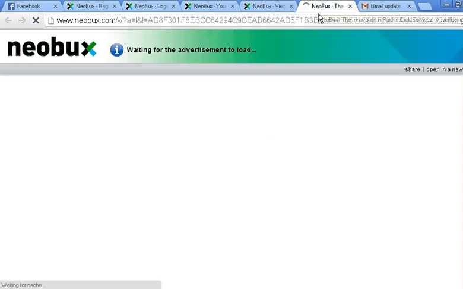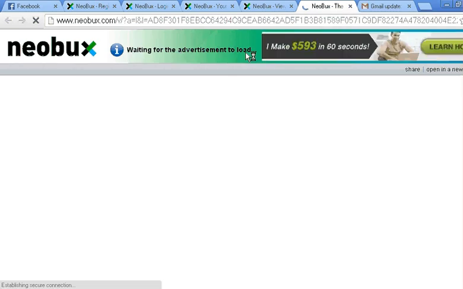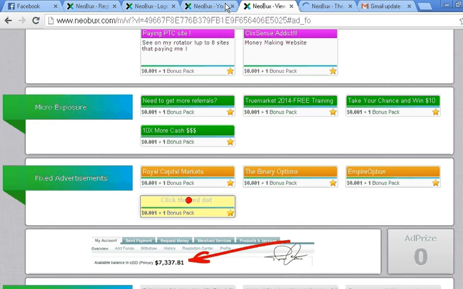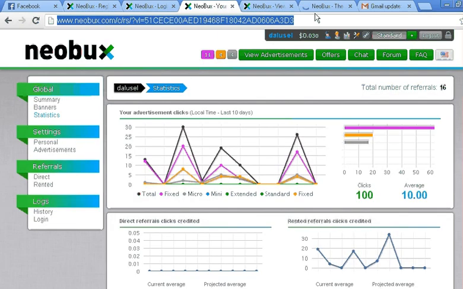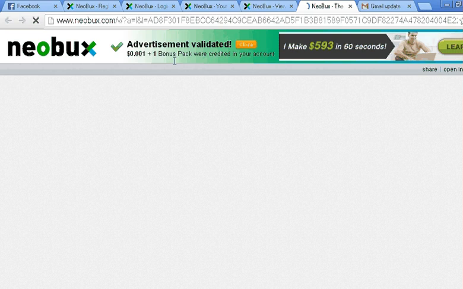When the page starts loading, you see wait for the advertisement to load. If you go to the next tab or another tab immediately, it doesn't get validated. So you have to wait until this gets validated. Right below, you can see a yellow bar running across, and when it reaches from the left corner to the extreme right corner, you can see the advertisement has been validated. Right now you didn't see it because the net isn't functioning very well. Now see, advertisement validated. So this is done.